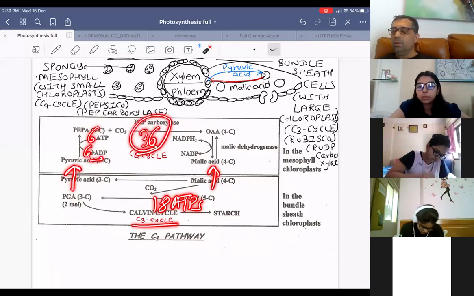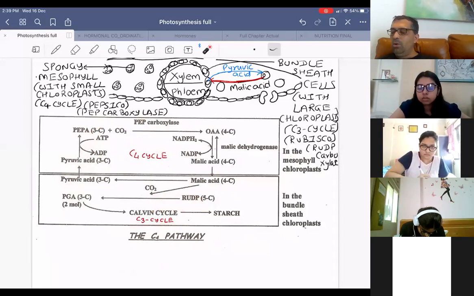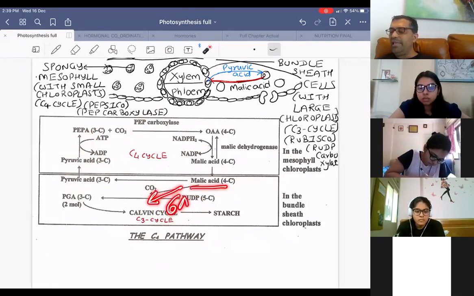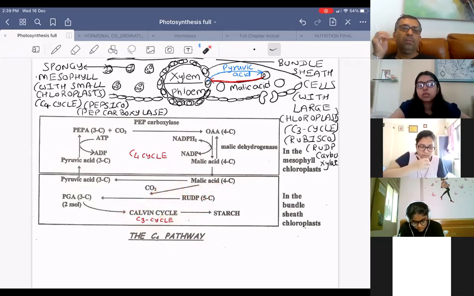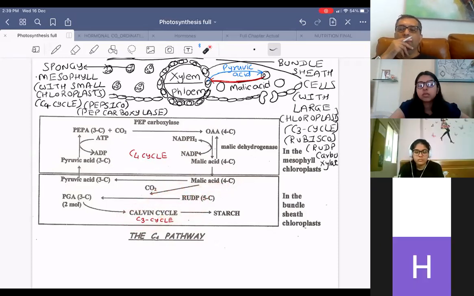But sir, the ATPs are released by the malic acid, no? Exactly, now just coming to that. So it's 30 only. Now, when malic acid releases carbon dioxide, it gives away the 6 ATPs, which then become a part of Calvin cycle. But malic acid only got the phosphate, right? Yeah, but that is worth energy only. So it will combine again with ADP. Okay, sir, got it.